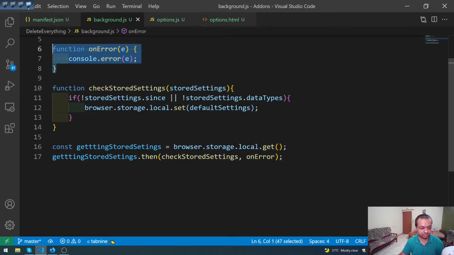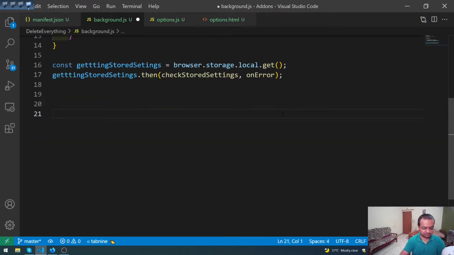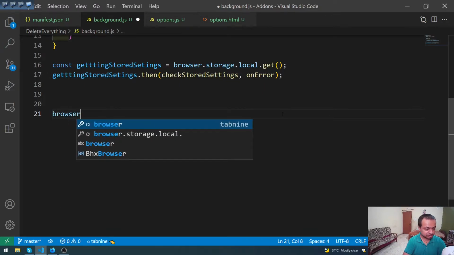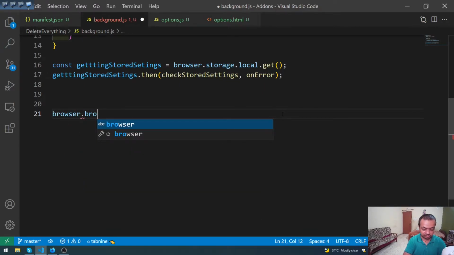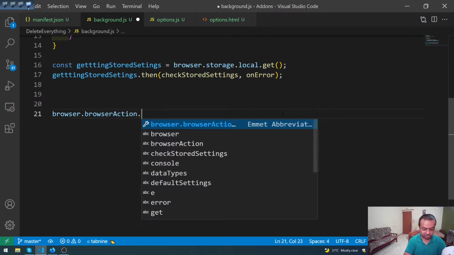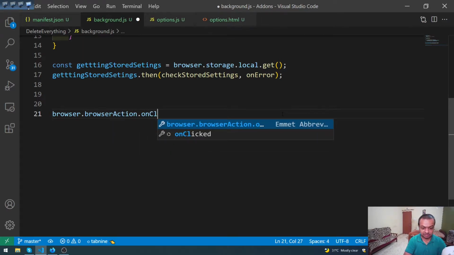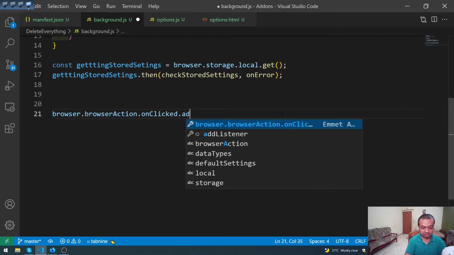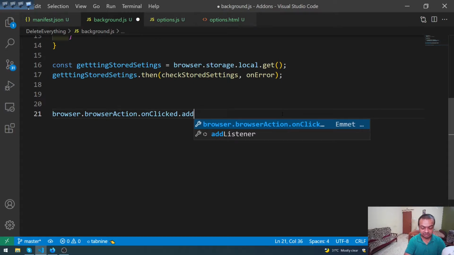So again we can make it anywhere. So browser action.onClicked.addListener